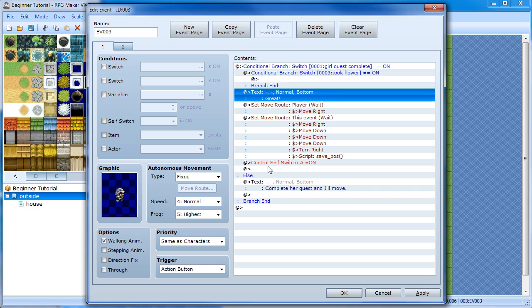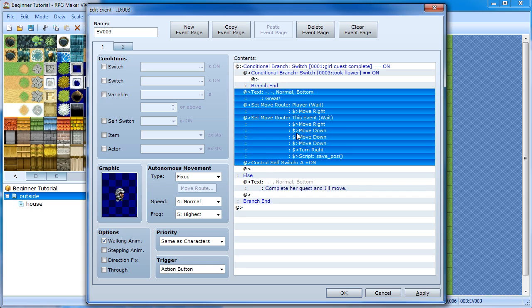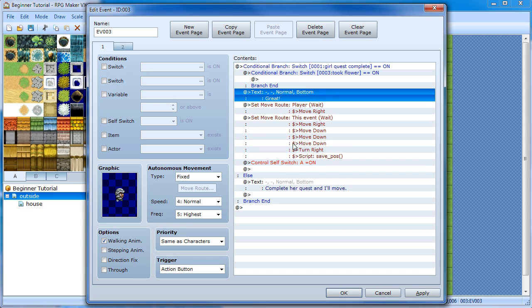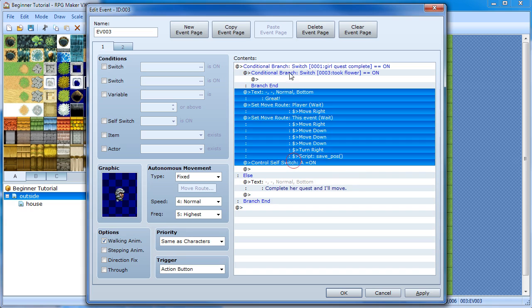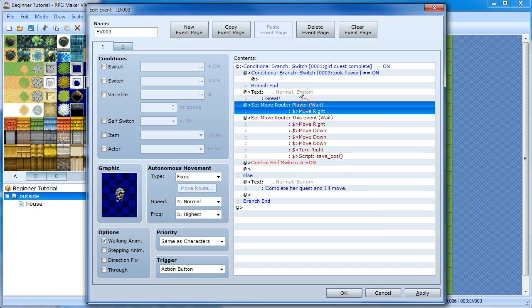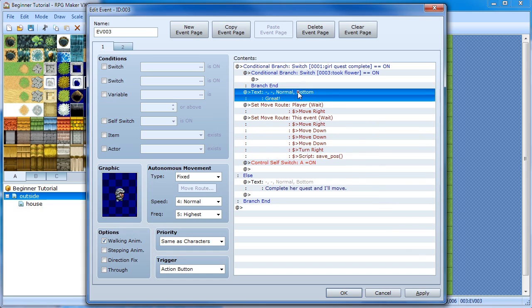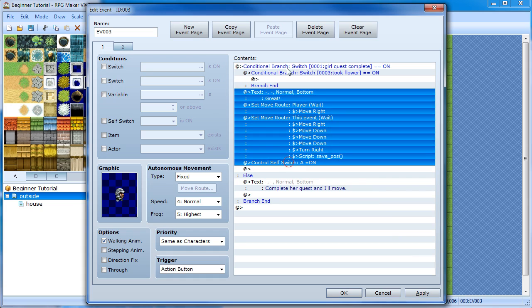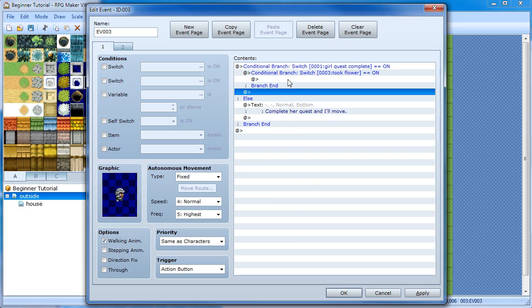So I will then highlight all this stuff. I guess I never mentioned this, but it's pretty obvious, or should be familiar if you use computers a lot. You can click on the first thing and then hold Shift, click on the last one, and it'll highlight everything in between. Or you can click and hold down Control. Maybe Control doesn't work, I don't know. Anyway, I just hold down Shift to highlight all of these at once, and then hit Cut, and then paste